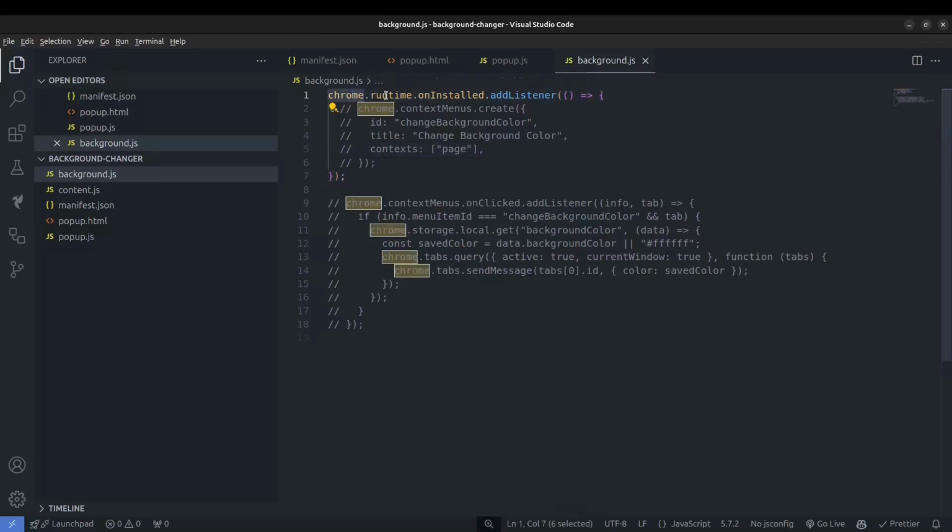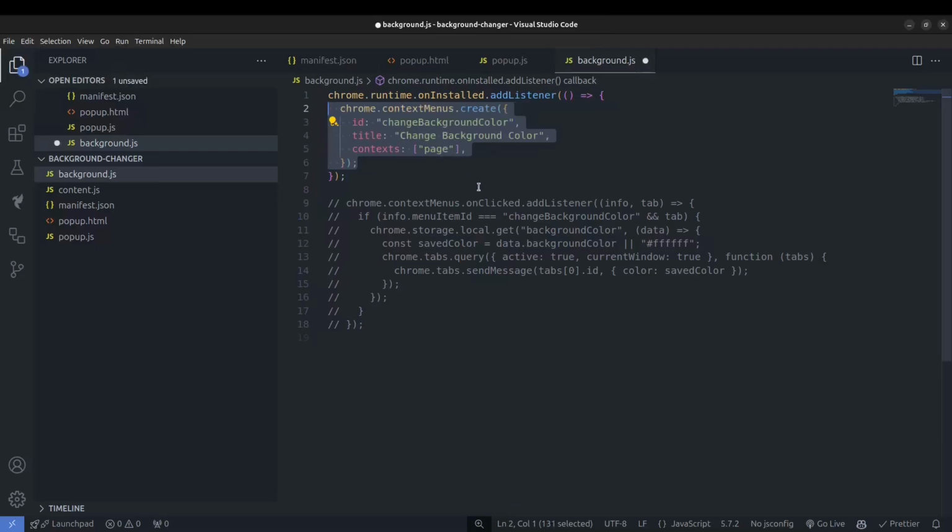So you can use chrome.runtime.onInstalled.addEventListener, and as a callback function you can pass that, and it will trigger when the Chrome extension is actually installed. And for creating a context menu, you have to use the chrome.contextMenus.create method, which will take an object with some properties like the ID. You must give the ID and also the title, and the ID should be unique for each menu, as well as you have to give a contexts list where you can define